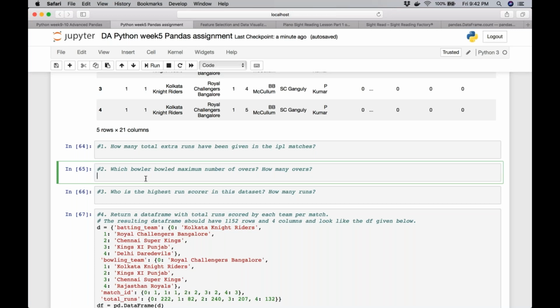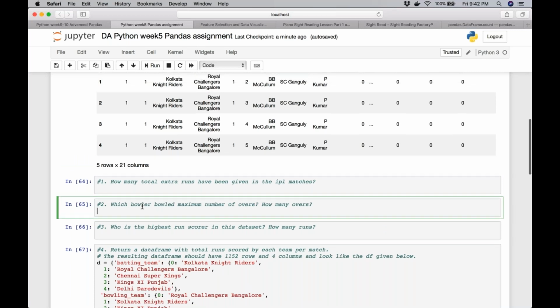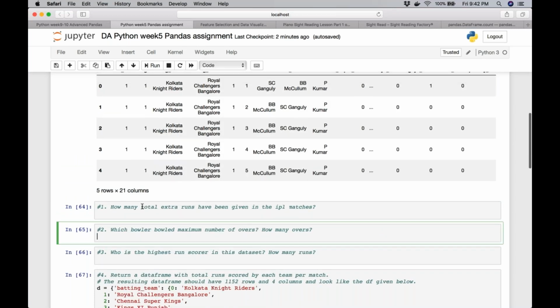We'll do this question and then we'll move to today's topics because we are already good 10 minutes into the session. So let's not spend too much time. But at the same time, I don't mind. We can finish off this one. Which bowler bowled maximum number of overs? Okay. There is no filtering needed on the basis of the team. We are talking about the overall. So what would you do?